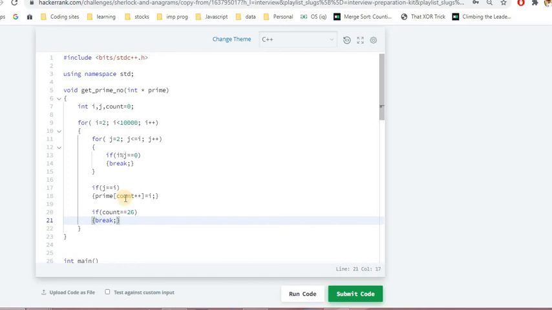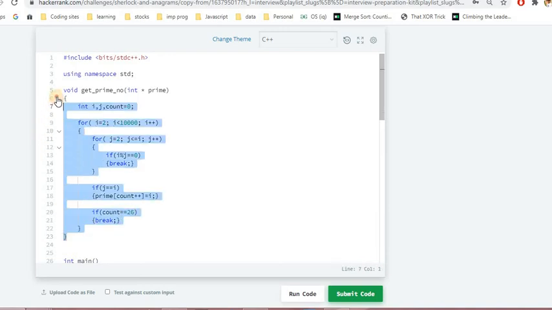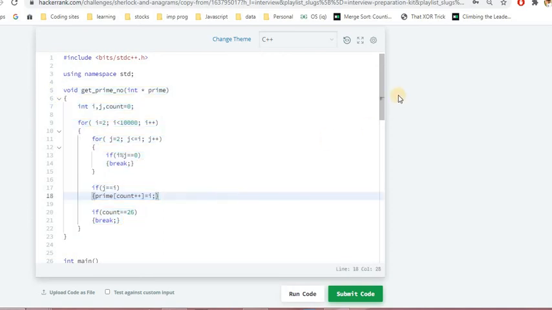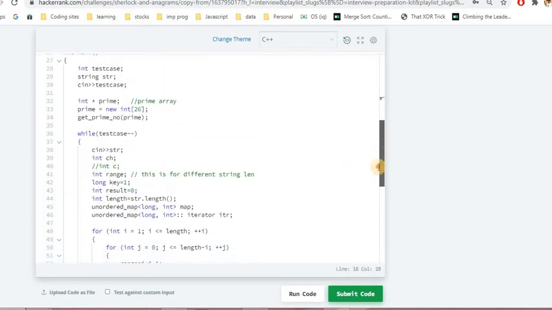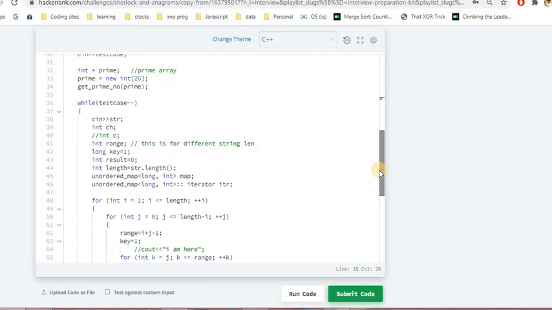as the first prime number in the array. Whenever we encounter the second prime number, we'll initialize that value at the second index. Like, first index, but in one-based indexing it would be second. We'll increment count here to get the complete array. Whenever count is equal to 26, we'll break out of the loop. So this is a basic program you could find anywhere on the internet. This will basically give us the first 26 prime numbers. So that is another key-value pair, if you could say, for every character a distinct prime number, or you can hard code it, it's your choice.